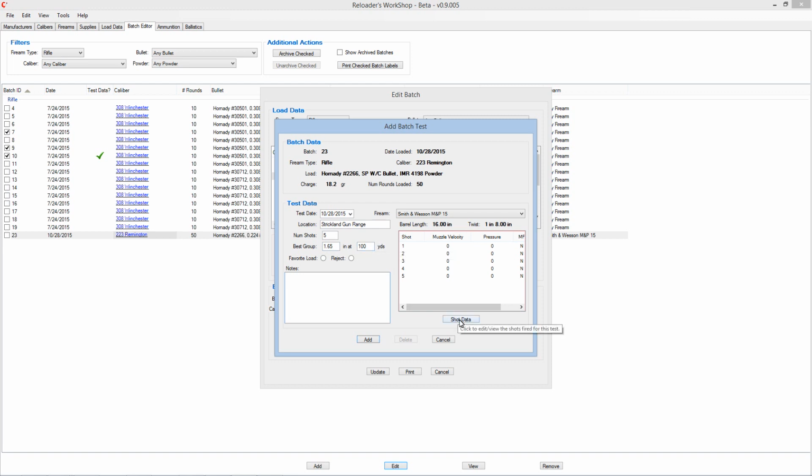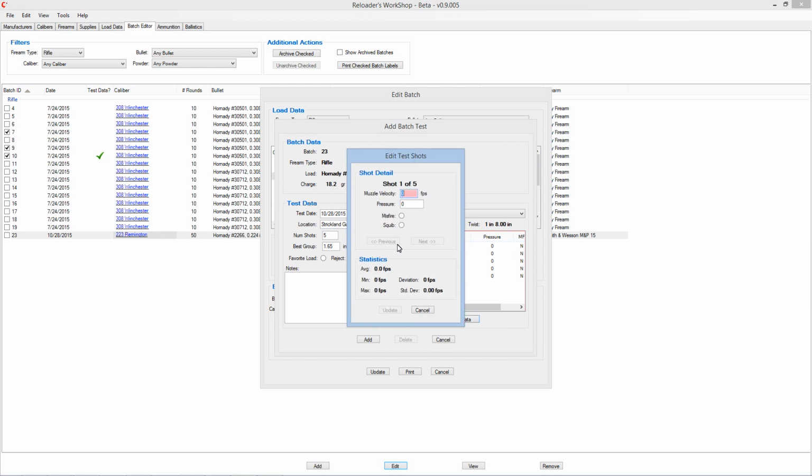Otherwise, you can hit the shot data button, and that'll bring up the test shot dialog. And what it wants is the muzzle velocity for each of the shots that you took. So let's say the first shot was 2,500 feet per second. If you happen to have a barrel that can measure the pressure, then you can put in the pressure as well. Also, if you had a misfire or a squib load, you can indicate that here, so that the 0